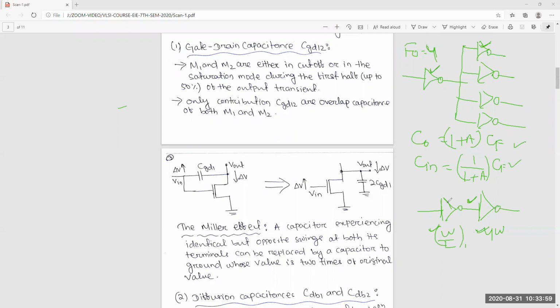Similarly, if the fan out is more, then more wires will come. This is one wire, and again the routing will be there. This is metal, so all the capacitance will add at this output. So that is what fan out does: you will add more wiring capacitances.